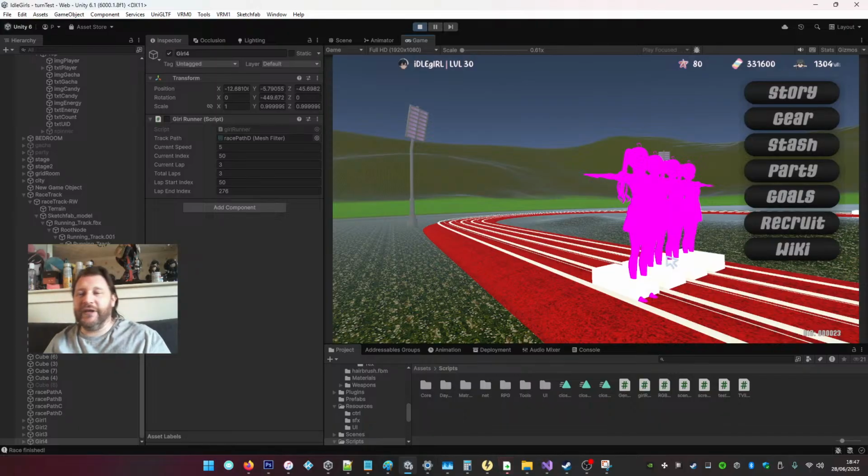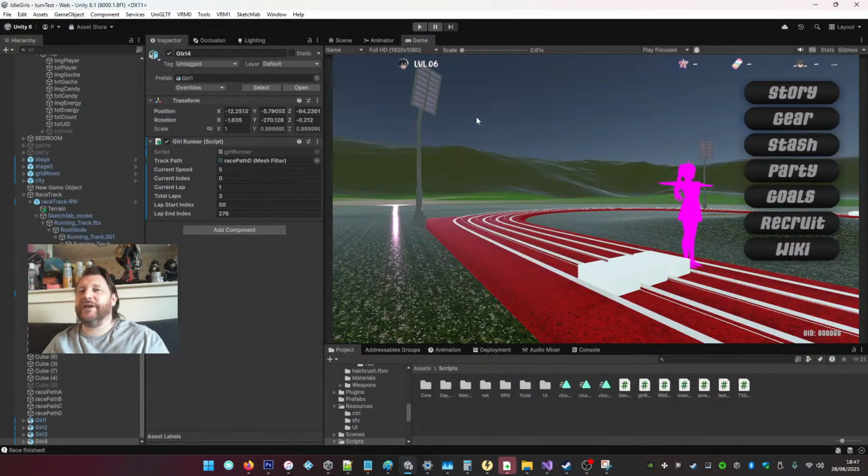But what we need is the ability to switch lanes, which was not my original plan, but it shouldn't be too hard. Okay,